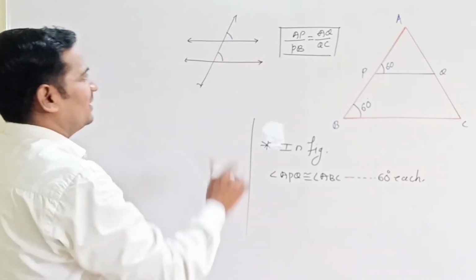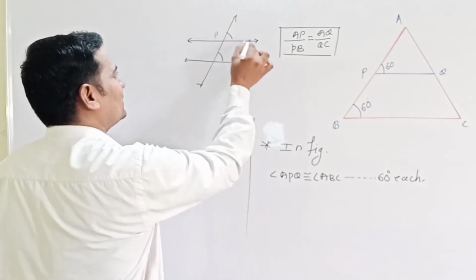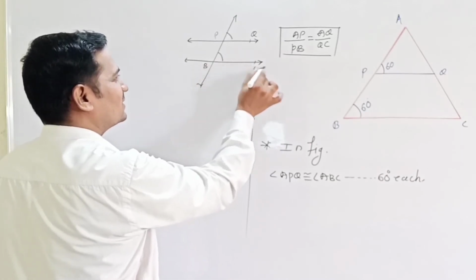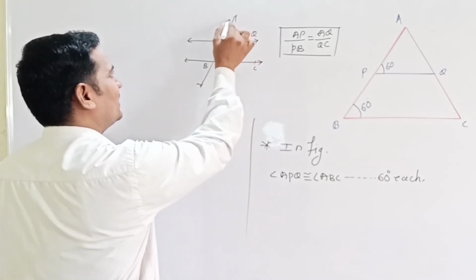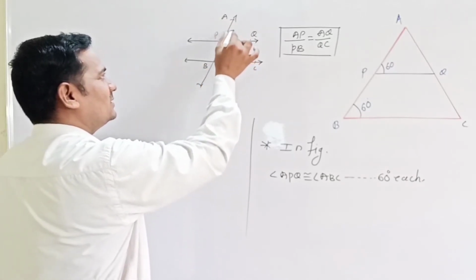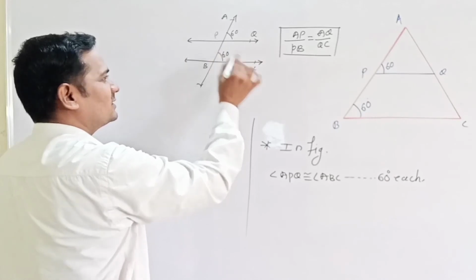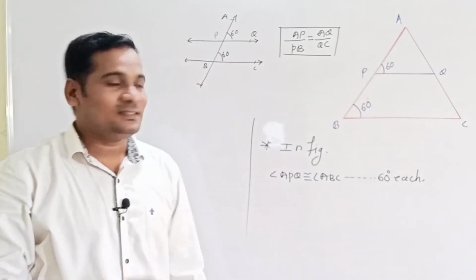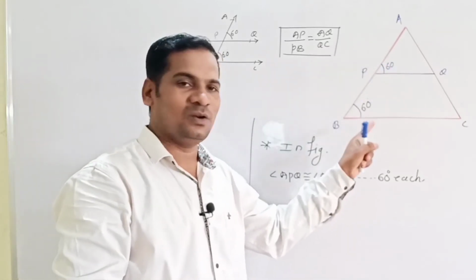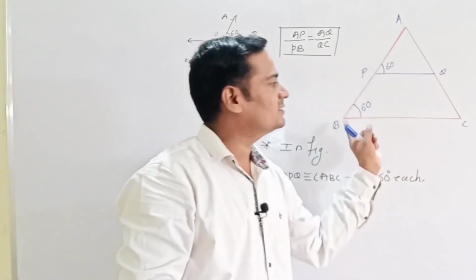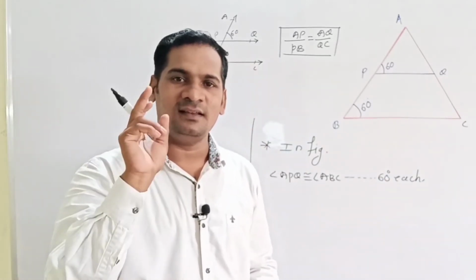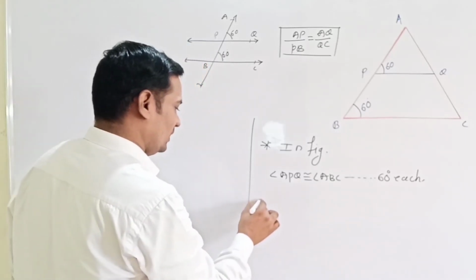Now suppose point P is here and Q is here from that figure, and here is B and this one is C. Suppose this is line A and B is here. That means this is 60 degrees in the figure and again 60 degrees. Look at this. That means corresponding angles are congruent, and if corresponding angles are congruent, these two lines are parallel to each other by the corresponding angle theorem.